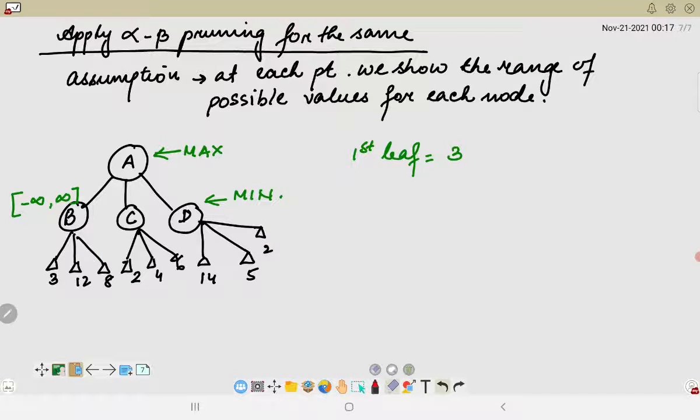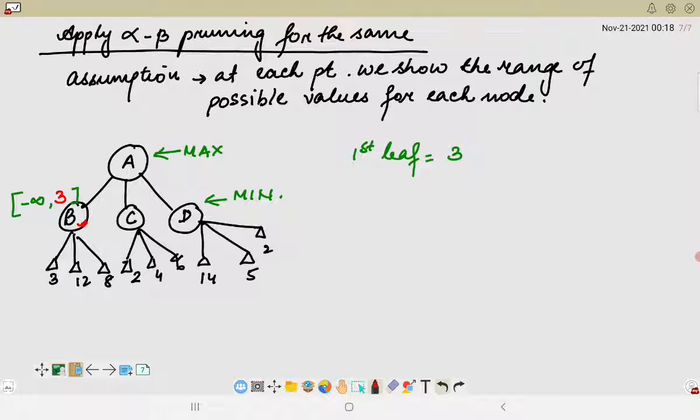B value as 3 here. Okay, so when we are replacing this as 3, that means B node can have a value which can be at most 3. Okay, because since it's a min value, since we have already got one value for this particular node, other values which are greater than 3 will not be accepted by this node, because it will always be accepting the minimum value, which would be 3.